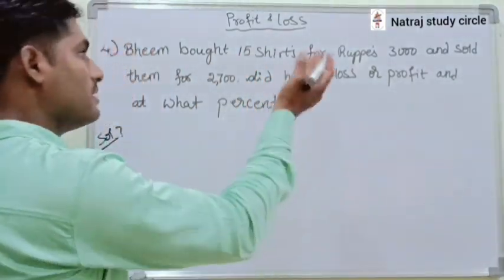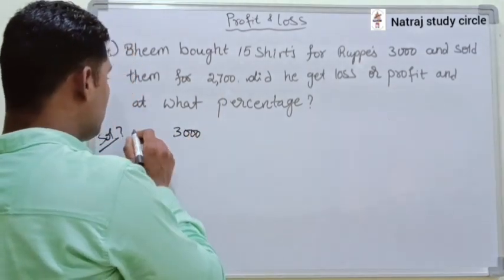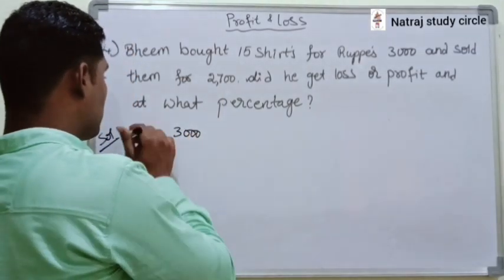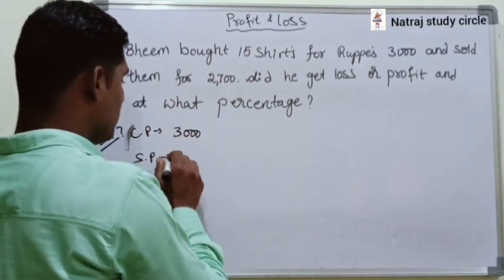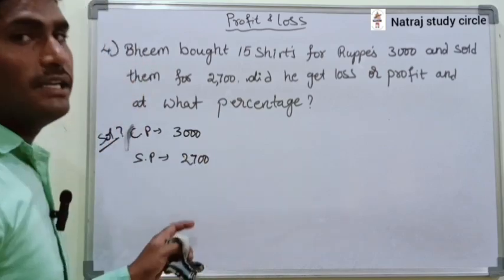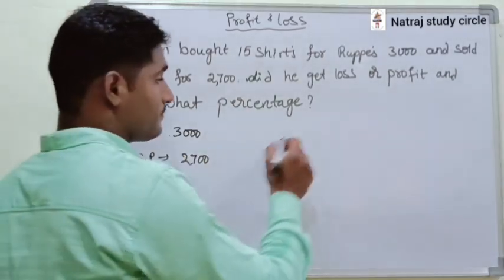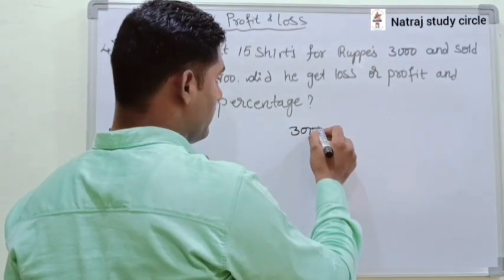We can take it as completely 3000 rupees. So this is the cost price. And what is the selling price? 2700. So here he bought them for 3000